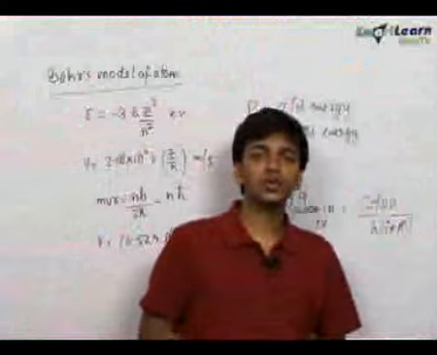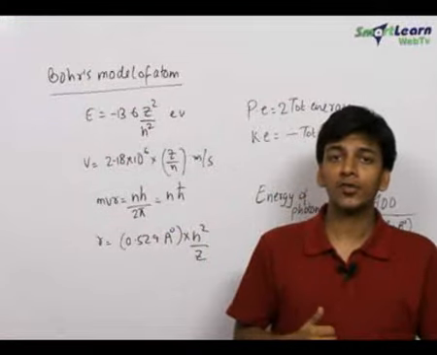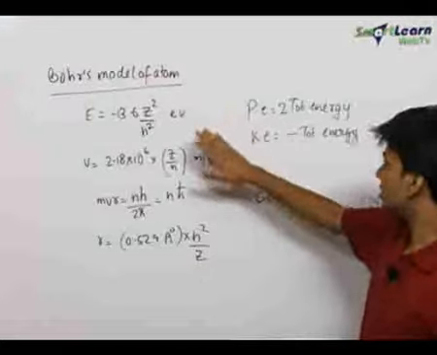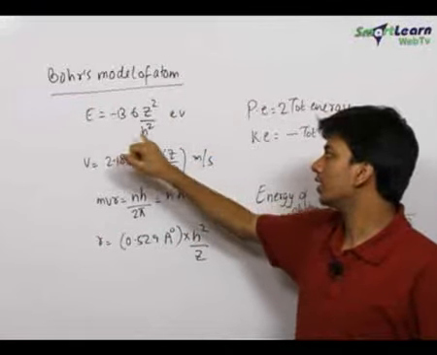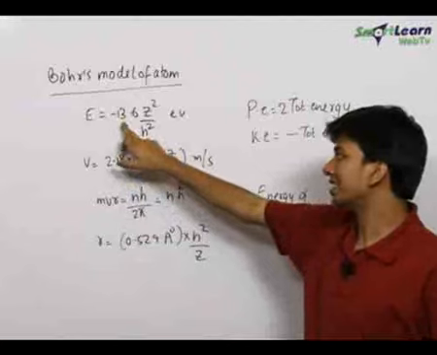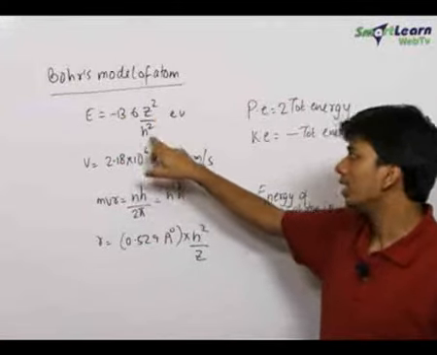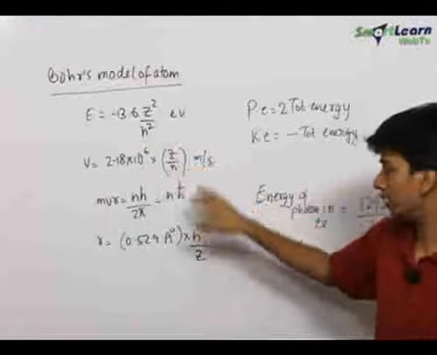An important chapter which we deal with in chemistry now is atomic structure, classification of elements and periodicity in their properties. Now in atomic structure, these are the basic formulas which you should always remember. In the Bohr model of atom, the energy of the atom in the nth orbital is given to be minus 13.6 into Z square upon n square. Here Z is the atomic number of the element and n is the principal quantum number of the orbit in which the electron is present.